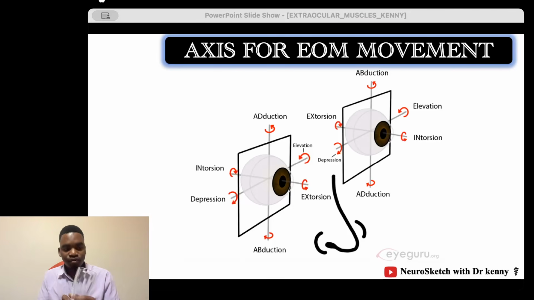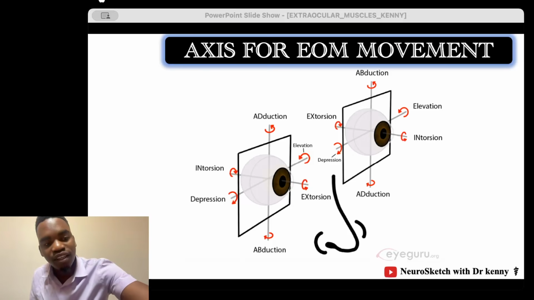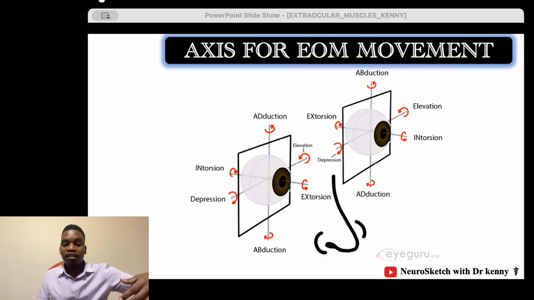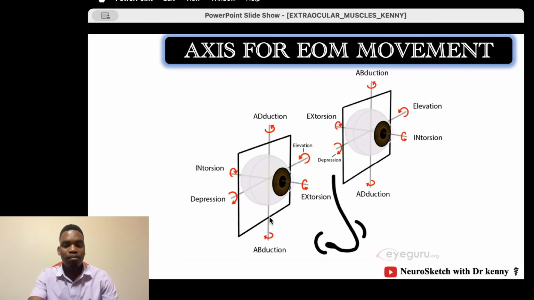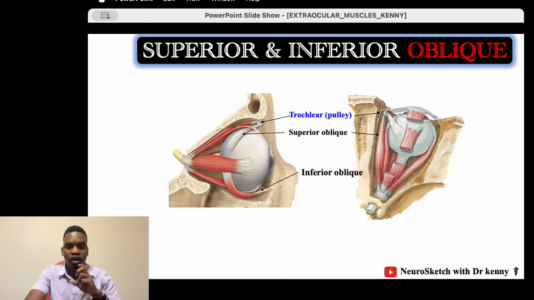This is what I thought I would put in today, because for you to understand the intorsion and the extorsion and all that eye movement. Because these oblique muscles are so dramatic and they have most of these movements, it is hard if you don't remember. Of course this is discussed somewhere else, so let's now dive into the oblique muscles. They are so called oblique because they insert through an angle, and assume